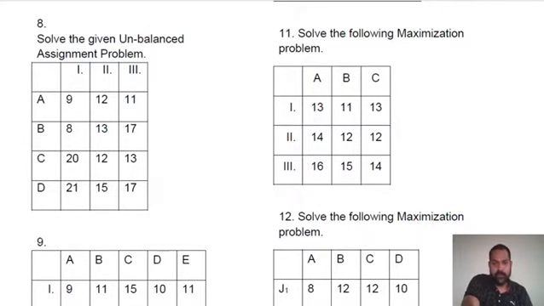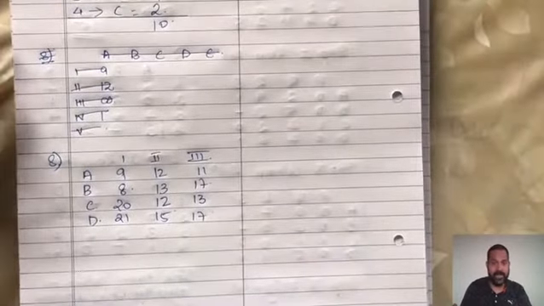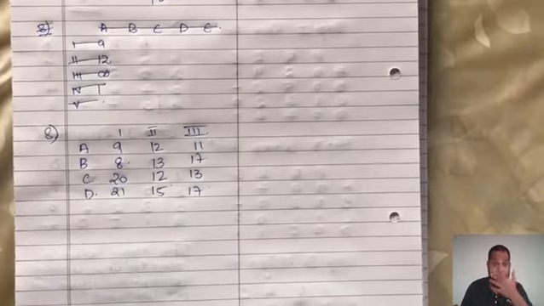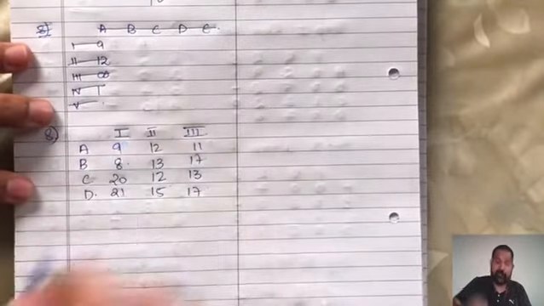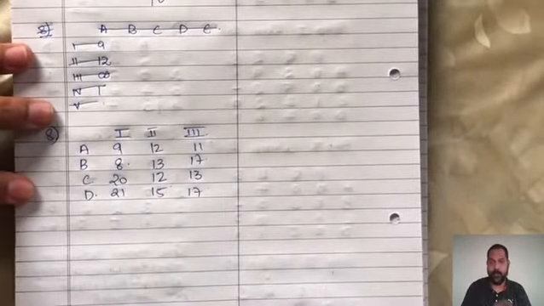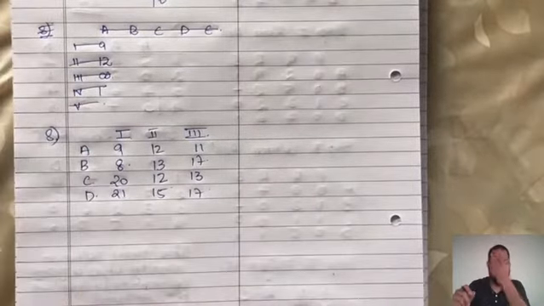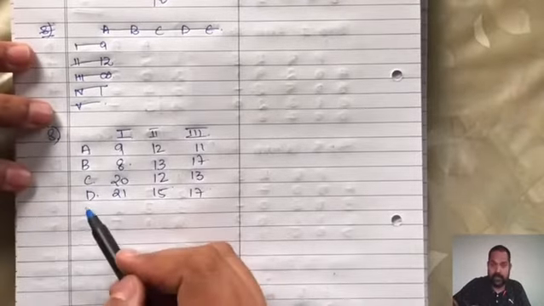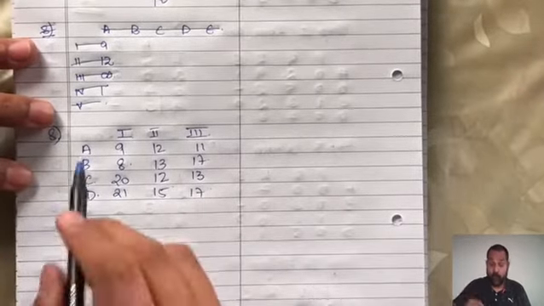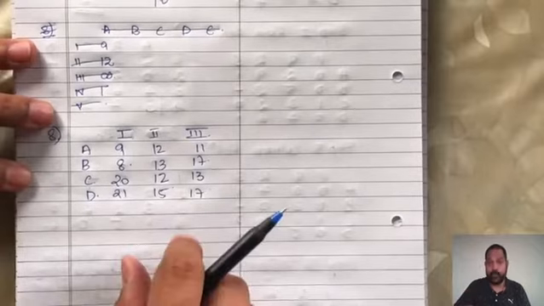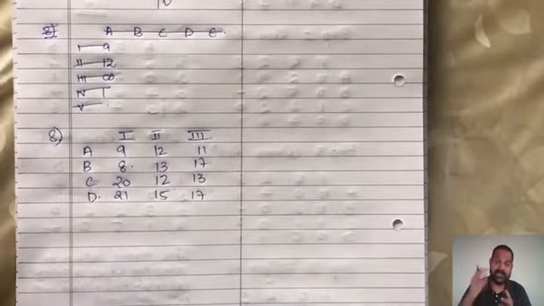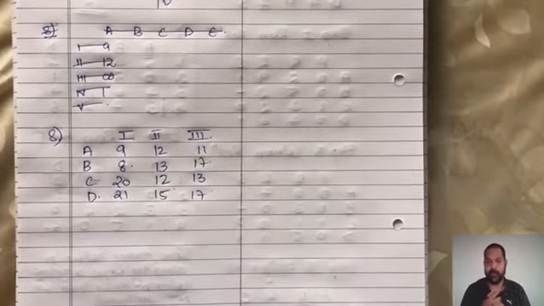Fine. So like I said, I'm again going back on my words. I had told you that the number of jobs and the number of people have to be the same. Now, you have 4 jobs and only 3 people to do them. Or you have 4 people and 3 jobs. This is the next change in an assignment problem. And this problem is called an